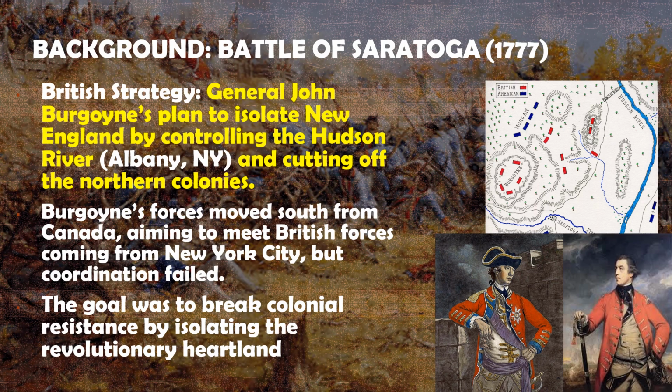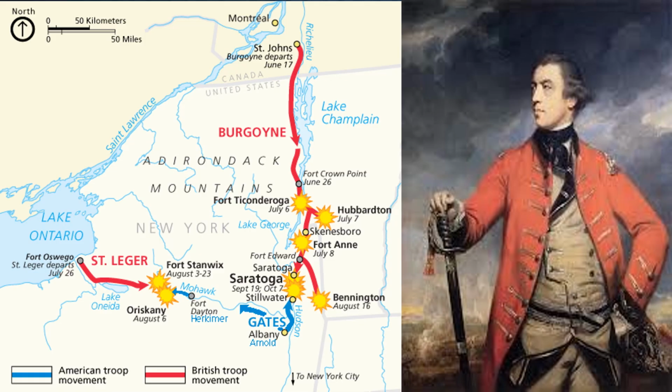But the problem was when John Burgoyne traveled from what would be British Canada down south to Albany, New York, he was faced with many American soldiers along the way. Burgoyne and the British Army faced many harsh conditions trying to get to Albany to execute this plan to control the Hudson River. But at the same time, eventually a battle would take place right outside of Albany, New York, and that will be known as Saratoga.